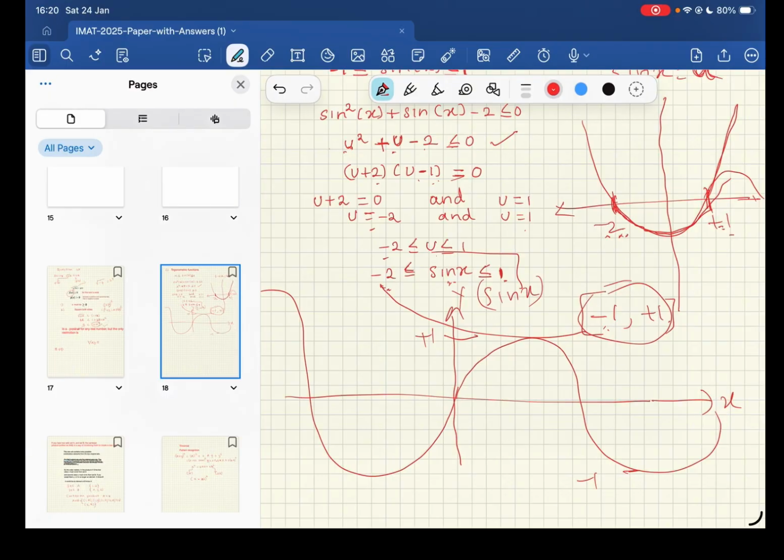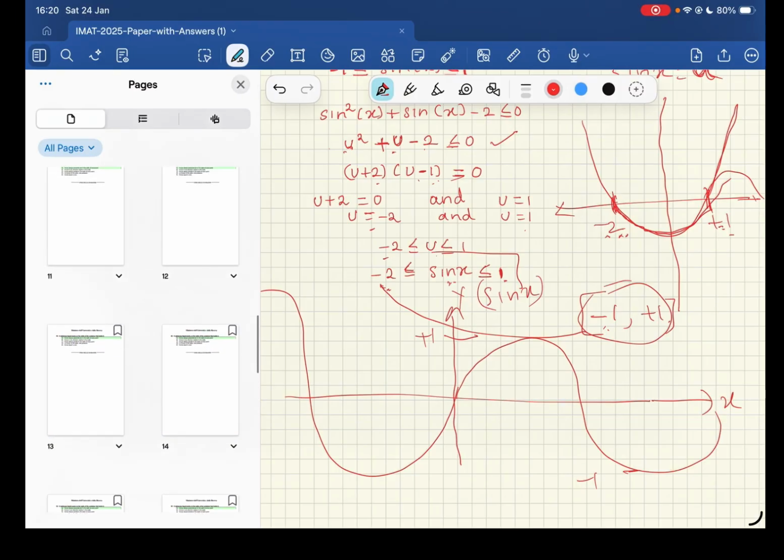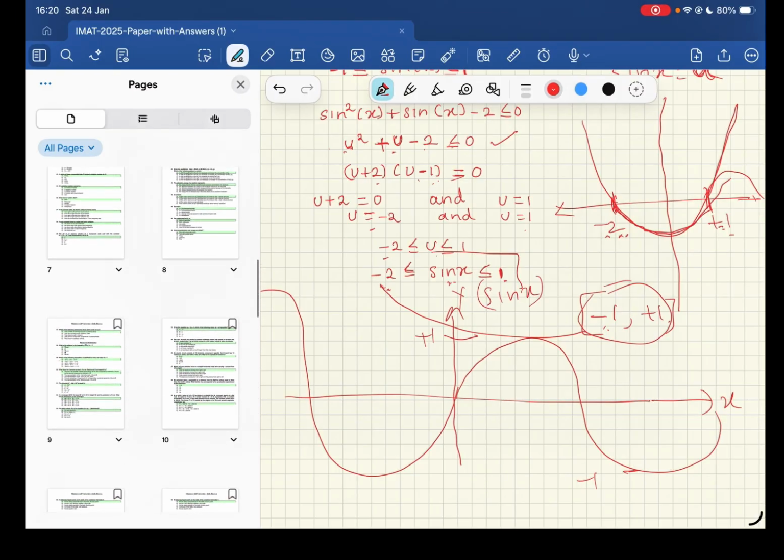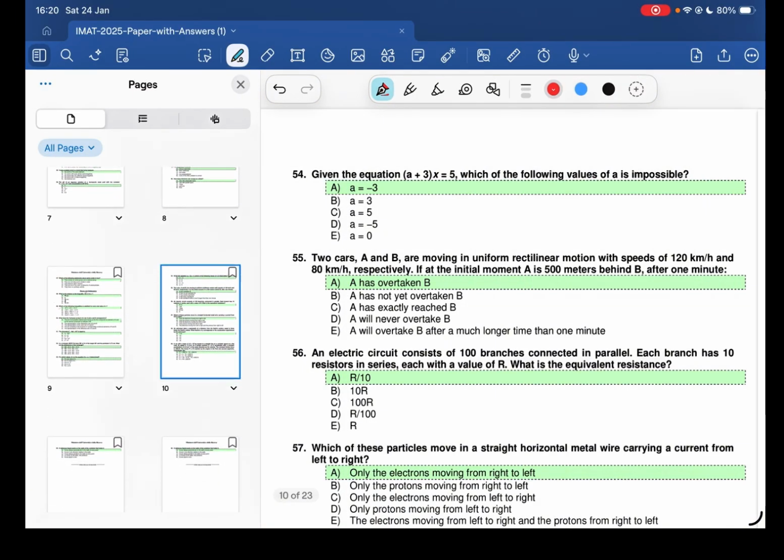It's very important. So study the fundamental trigonometry, solving inequalities, and domain values for this kind of question, and try to use some logic. If you practice enough questions with this, then it will be very easy. Make sure you are very clear with your fundamentals. And then, if I go for the next question,